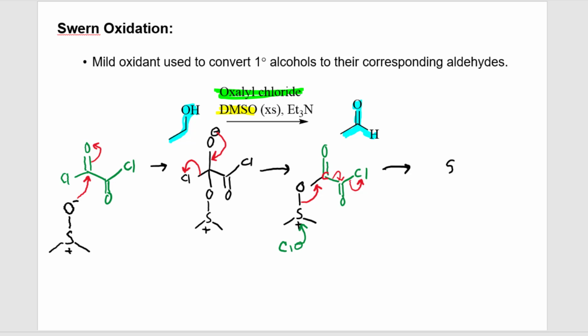Right, so we've got the sulfur with the chlorine on it and the dimethyl group, still positive, and we've made carbon dioxide gas